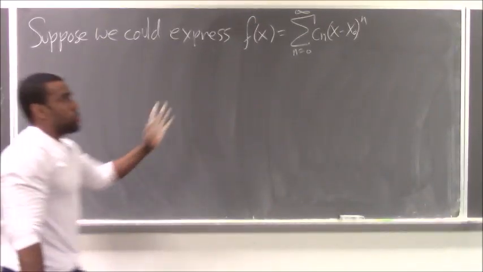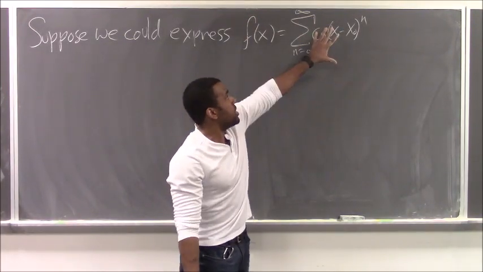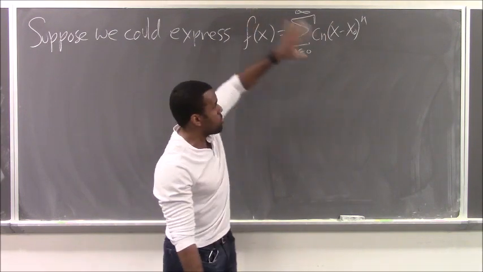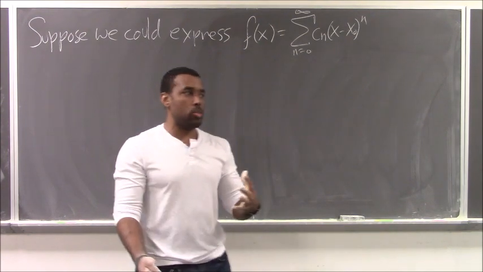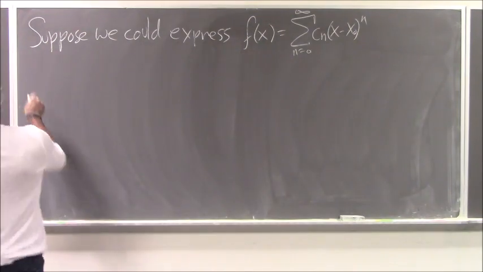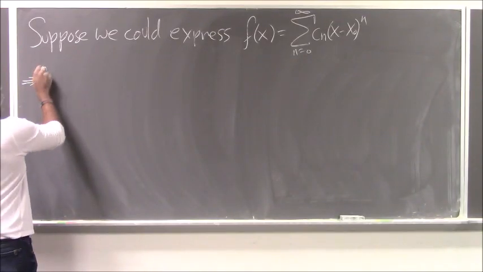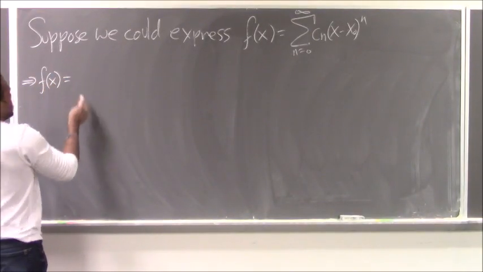Right? So suppose there was a way to get here. I have a random function, I write it as a power series. What are the consequences of that, and how can we take advantage of it? Well, that would mean, for example, that our f of x can be written as